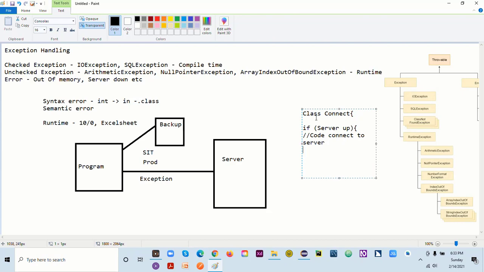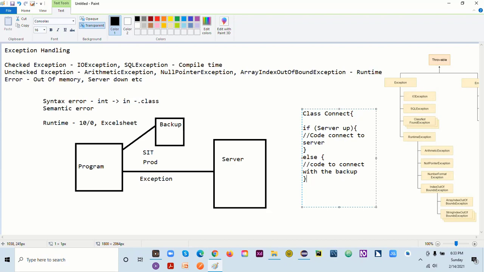But let's say you come across a situation where the server is not up. Else, what do we have to do? We need some alternative, right? So we need to write code to connect with the backup.